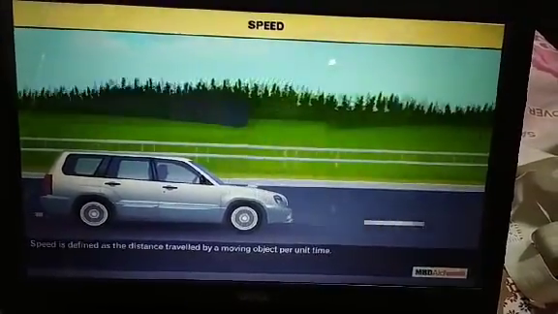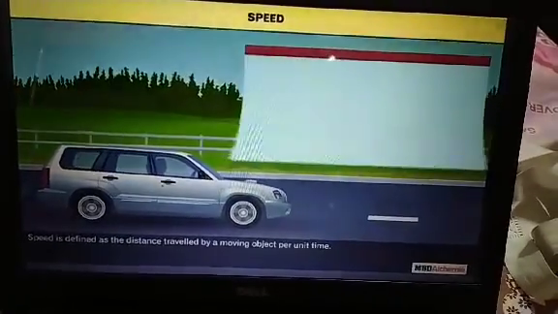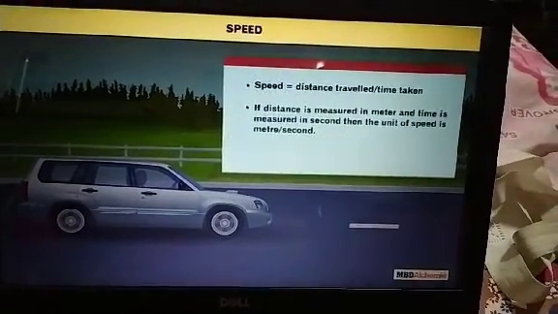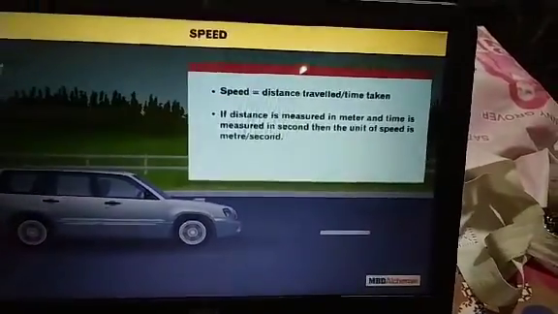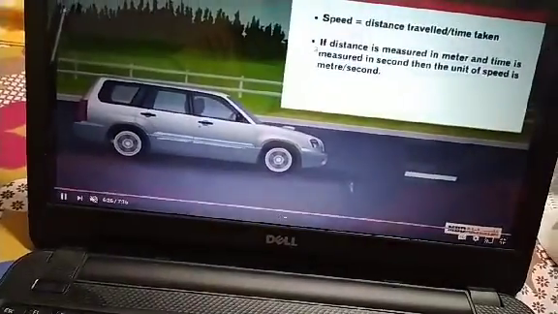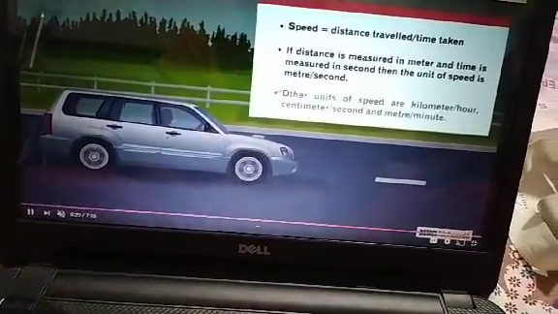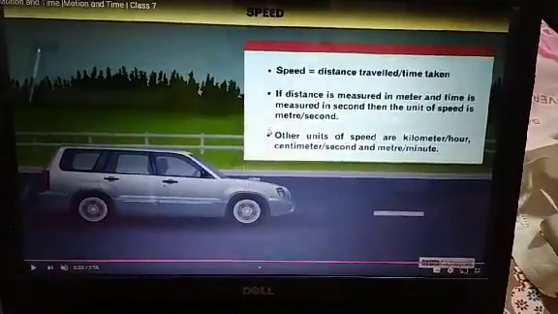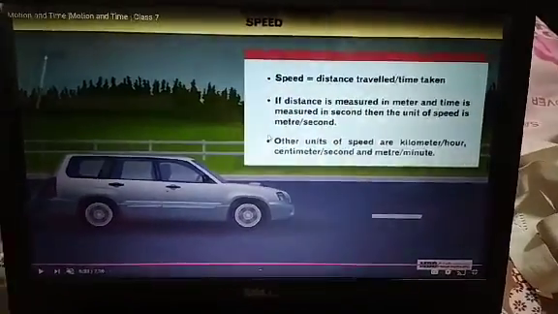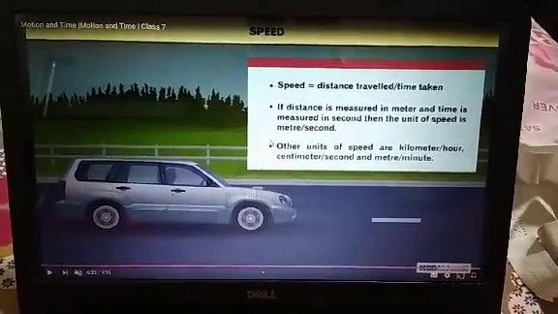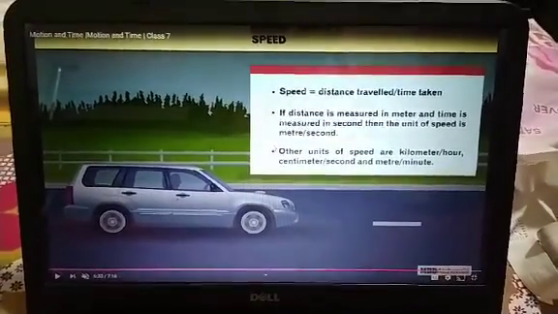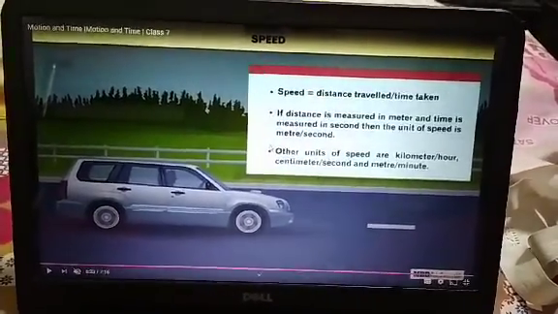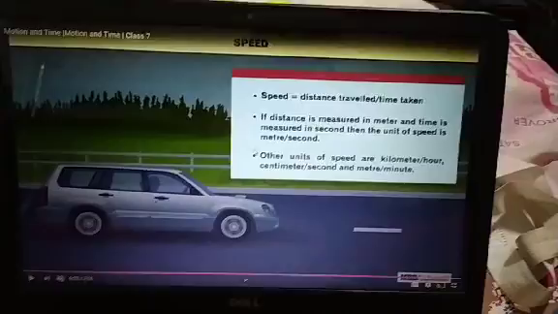About the speed I have also told you in my previous video, right? Speed is distance traveled divided by the time taken. So this is all about your chapter. Your chapter is completed now, and your homework is to just go through this video, and if you are having any doubt, then ask me in Zoom meeting, and try to solve the question answers on your own. Thank you so much.